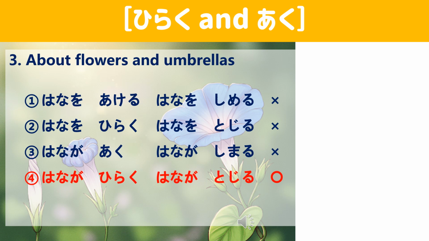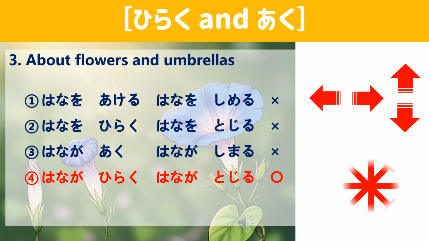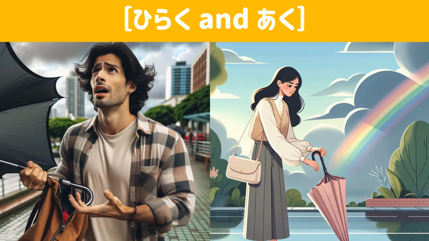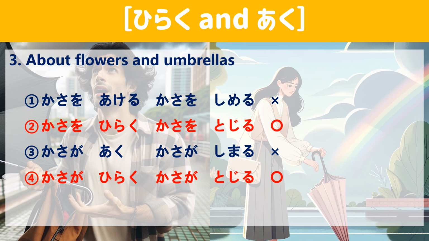When a door or window opens, it opens in two directions, left and right or up and down, but when a flower opens, it spreads 360 degrees. Therefore, 1. 傘を開ける。傘を閉める。2. 傘を開く。傘を閉じる。3. 傘が開く。傘が閉まる。4. 傘が開く。傘が閉じる。